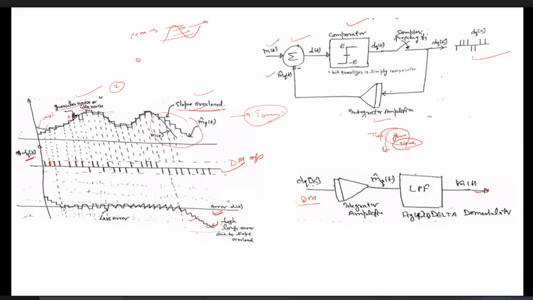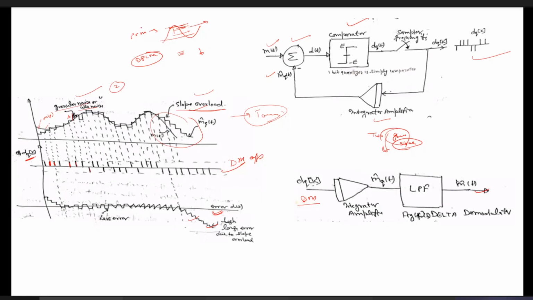But in the case of DPCM, just the difference between the particular sample value and the predicted value is sampled, quantized and encoded, and then sent. In DPCM, the dynamic range, that is the error between the actual signal and the predicted signal, is very small. Since this range becomes small, it requires fewer quantization levels and fewer bits to represent each quantization level. At the same time, the quantization noise reduces. So we go for DPCM.